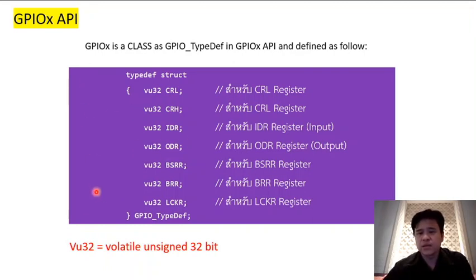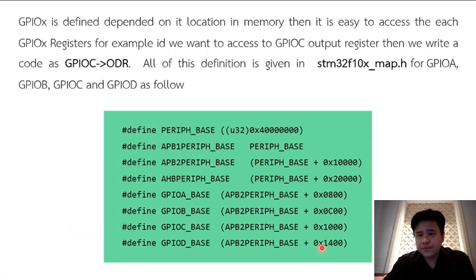They create the structure, GPIO_TypeDef, for you, and you can call this one the new variable. Then you can use that variable as the way that you control your GPIOs, like using a class. Okay, so in this one, if you would like to know how it works, basically, if you go through